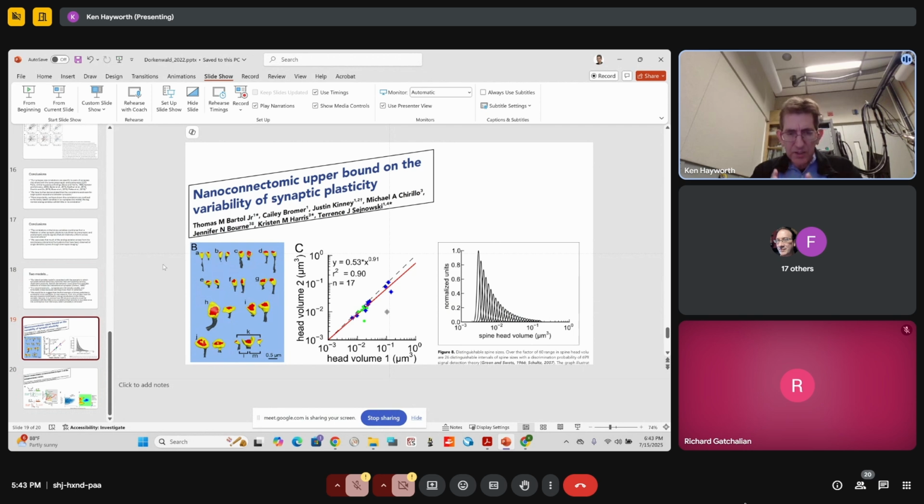They had a very small number, by today's standards, of synapses. This was in hippocampus CA1. They were looking at pairs of synapses in hippocampus CA1 with the same pre and postsynaptic cell. It was a very small region, so all these synapses were very close to each other, and they saw an amazingly good correlation between these pairs of synapses, although the way they treated this triple synapse is kind of dicey. But from this amazingly good correlation, they argued that you could